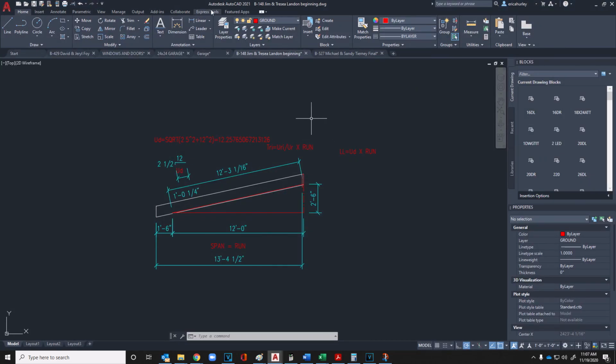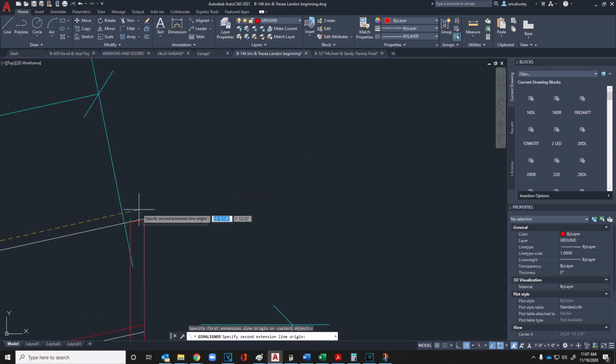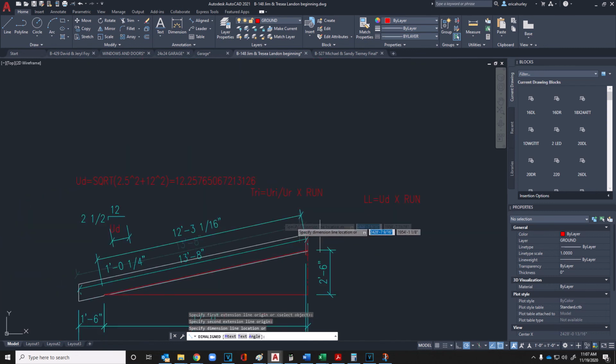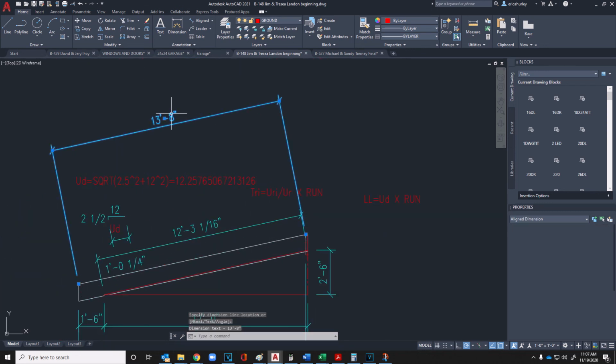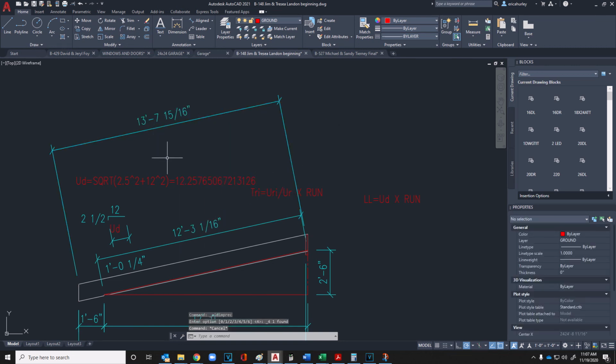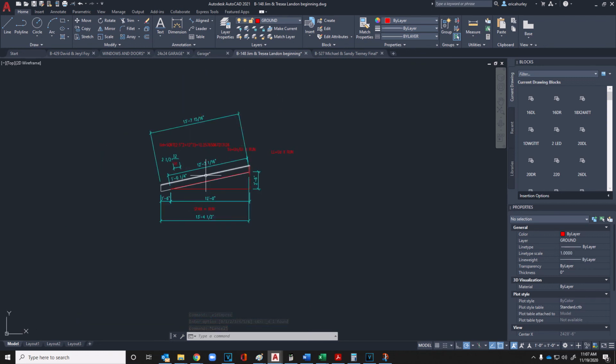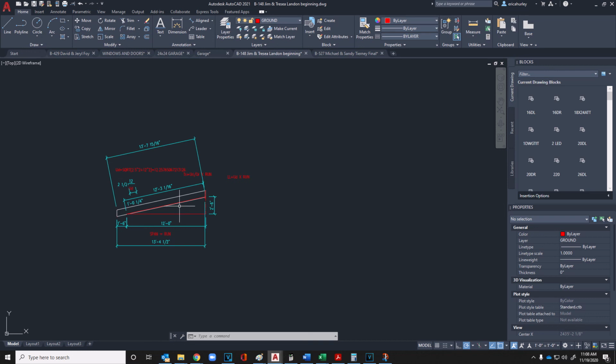Let's go over here and try it out. Remember, I've got to play with my precision here. There we go. 13, 7, and 15/16. Whew. I hope this helps out. Now, these are common rafters, and I'm going to go back and do another video, long-handed, for hip and valley and jacks. So, stay tuned,